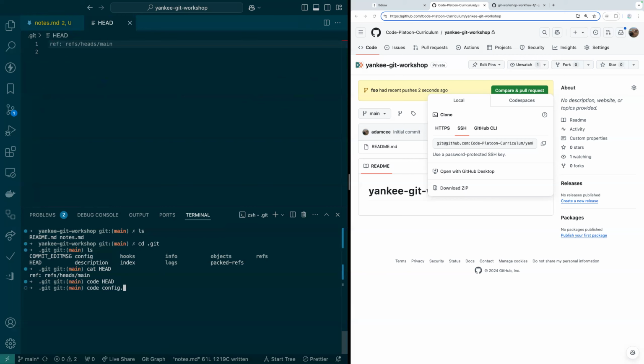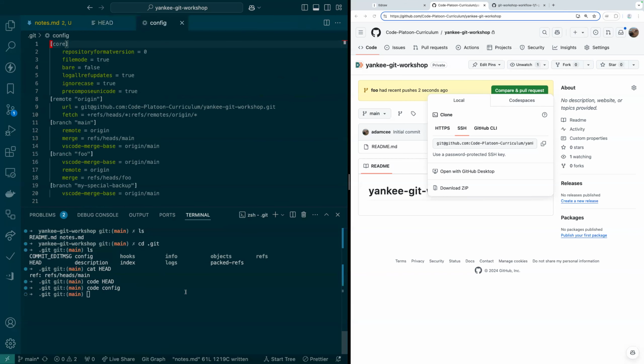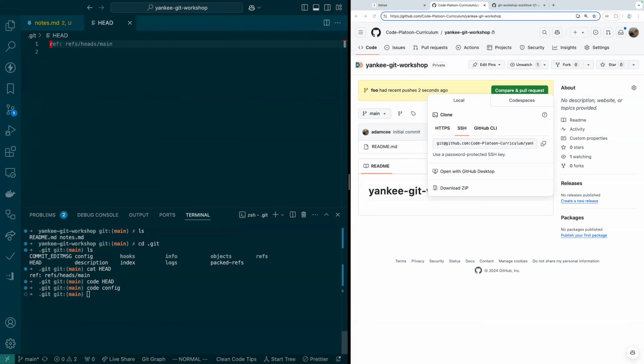It just means that the name of the file doesn't have the dot stuff after it, right? So this is that config file that we were just looking at. And in this head file, it says